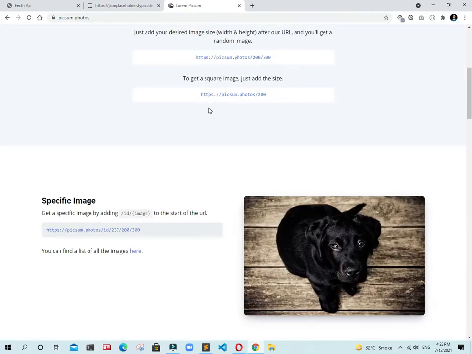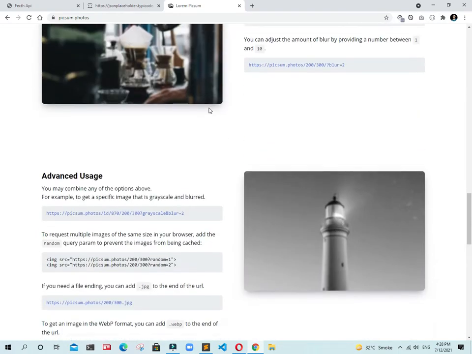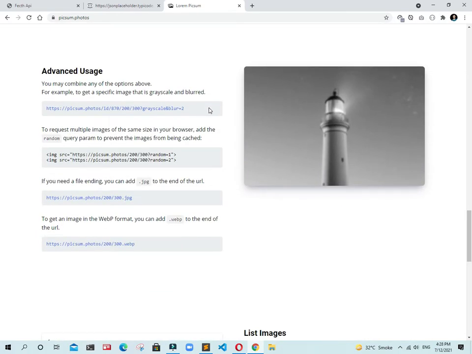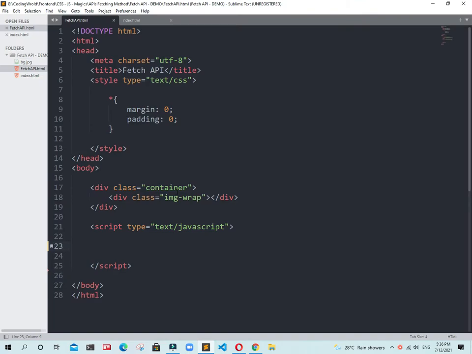You can also select by your choice, but here I am just copying this URL, which randomly generates the images after every refresh. Now go back there, first copy this URL. After copying this URL, I am going back.